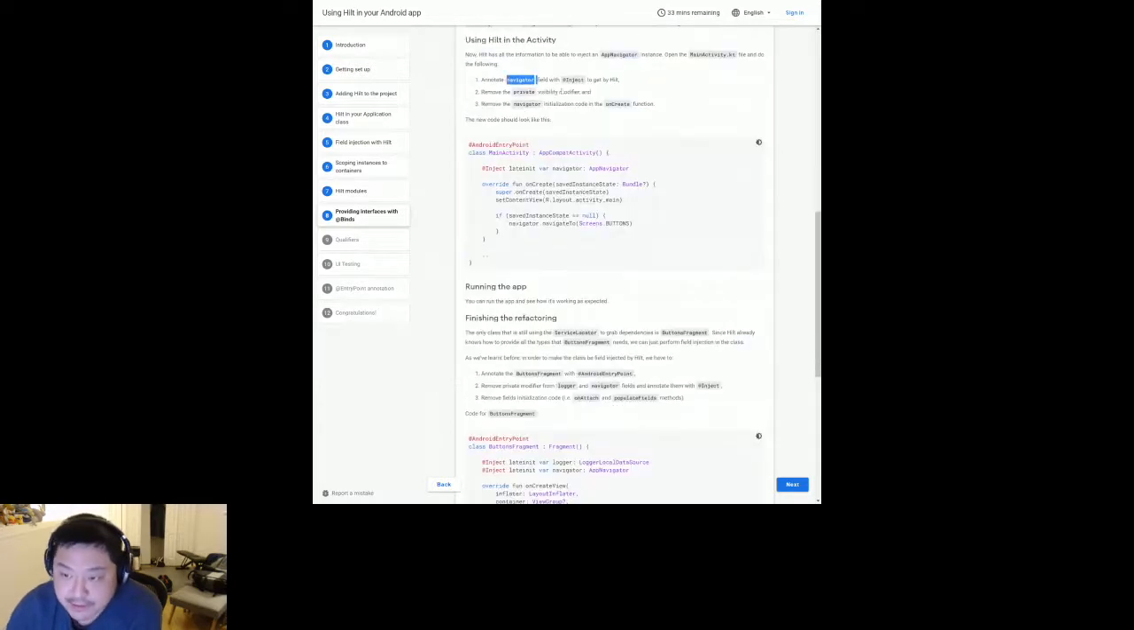So we annotate the navigator field with inject so that Hilt manages it. Another thing to mention is that your field variables, your field injection, can't be private. They need to be visible from the outside. Otherwise, Hilt won't be able to see into it. So that's another thing to consider if you're taking a legacy app and updating it. You might need to change some of your visibility so that Hilt can see inside your object and also inject things in. And then you can remove the navigator initialization code from onCreate,